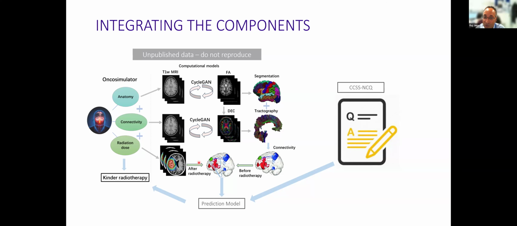So if we had a tool like this that could make a baseline prediction that this particular patient, because of the configuration of where the radiation dose has to go, because you need to treat the tumor first, otherwise the patient's not alive to get neurocognitive problems. But it's likely that this configuration is going to cause specific neurocognitive problems of these domains. Then we could feed that forward into a much more targeted referral to a neuropsychologist early.